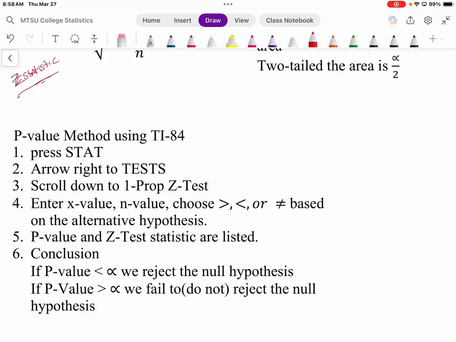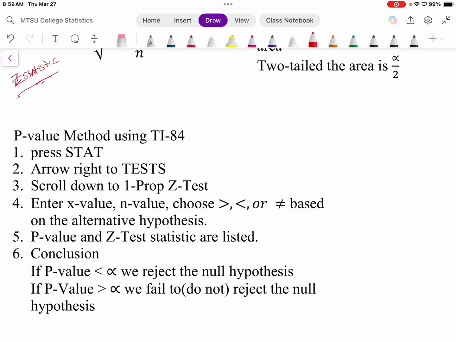Again, all of our confidence intervals and our testing processes that we use are in that last column. When we hit stat, hit enter, hit stat, go over to the last column. That's where all of our tests and intervals are. We're going to be doing a 1 proportion z test, and all we have to type in is the x value, the n value,